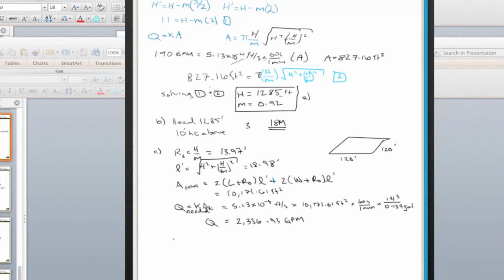So if we use those 3 pumps at 190 that we already sized, running them at 190, we go ahead and calculate that out. We get 190 times 3, 570. So 570,